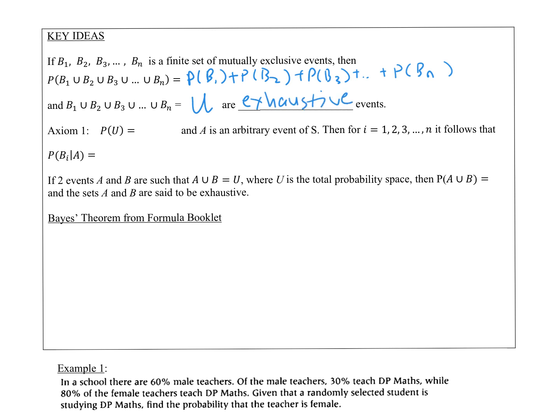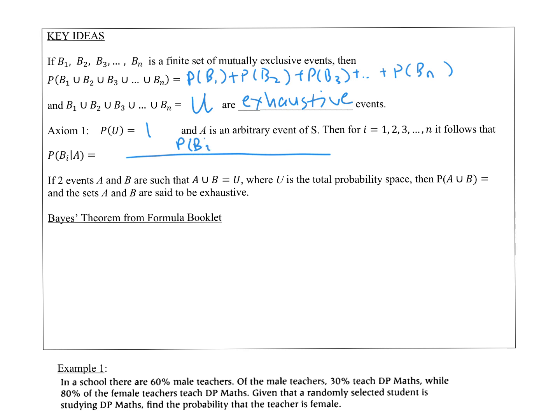The word exhaustive in probability means that at least one of them will occur. For axiom 1, probability of the universal set will be equal to 1. And A is an arbitrary event of the sample space, for i equals 1, 2, 3, and so on up to n. It follows that for B sub i given A, it will be probability of B sub i